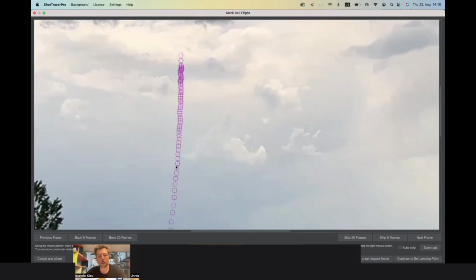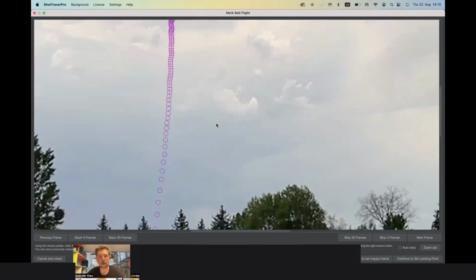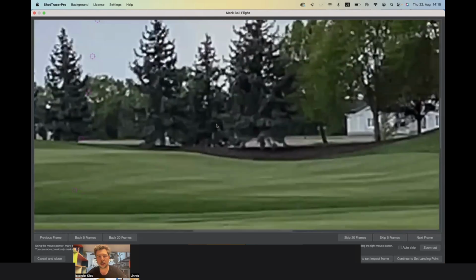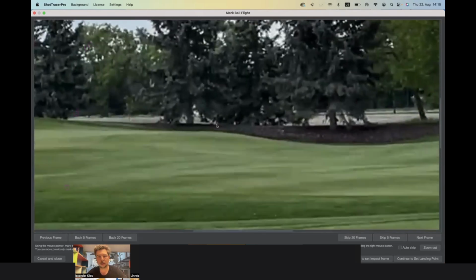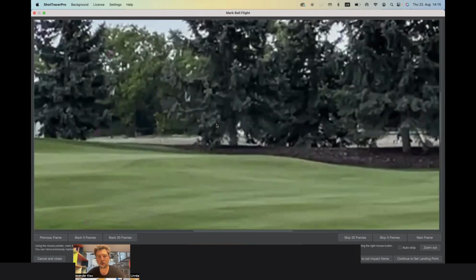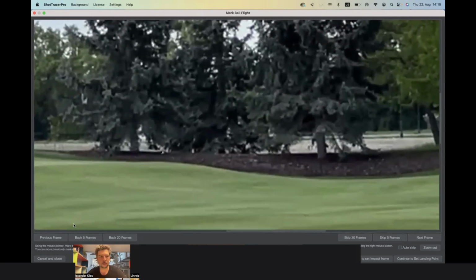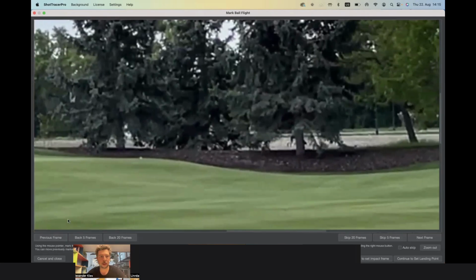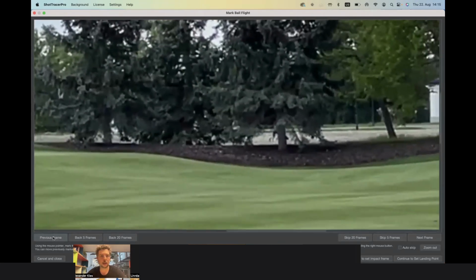So okay, now I'm gonna press the key 5 a bunch of times, so it skips 5 frames, and I'm gonna look at the landing area here and look for the moment when the ball comes down. Or is it here? All right, went too far. So here it is coming down. Everybody see it? And now what I'll do is I'll go back